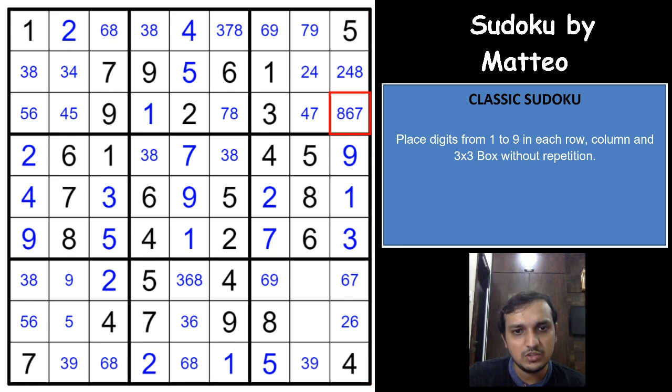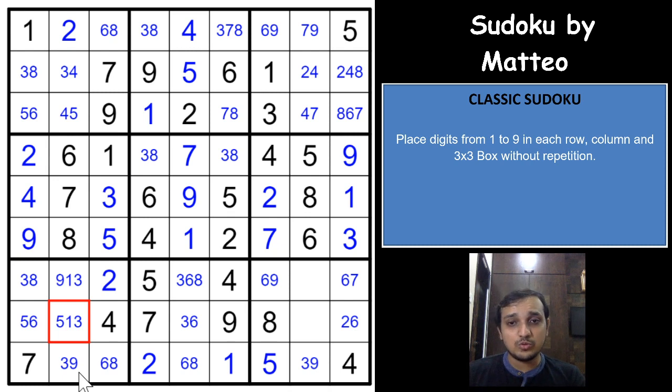And these cells, so 1 3 4, 1 3 4 5 9, 5 4 1 3 9, 4 9 1 3 5, and nothing here. I don't think I get it now. What other logic is remaining here? It is really difficult to solve these kinds of Sudokus in a competition mode. I would really say in a competition these kinds of Sudokus are nothing but you have to guess.